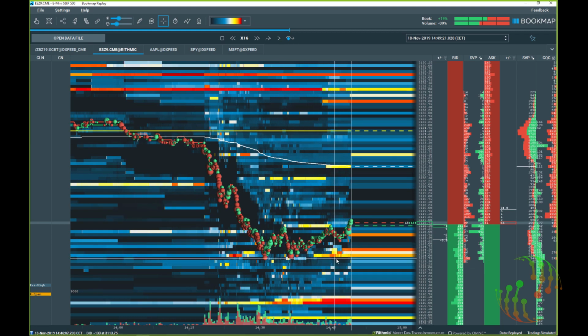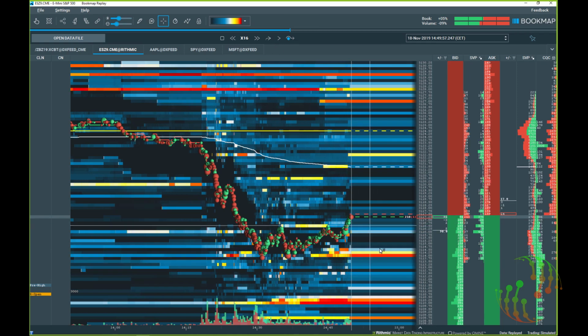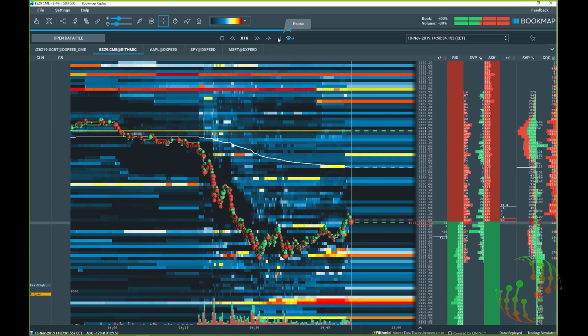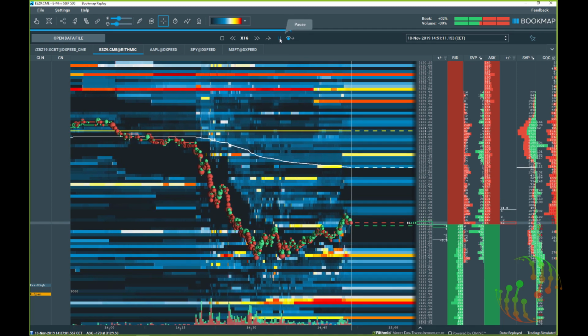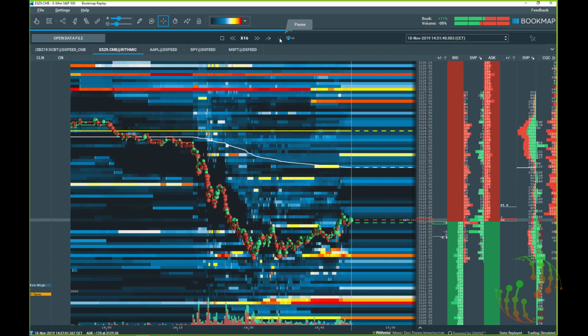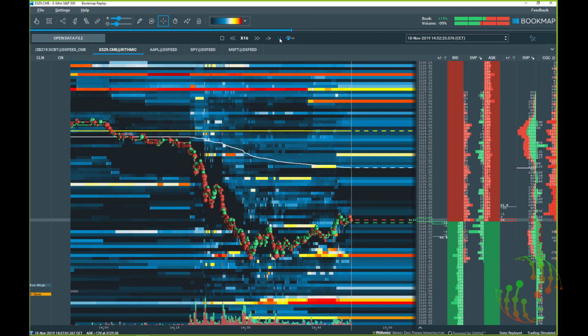You see these small parts of the liquidity here. This small part of the liquidity here. I bet this is also going to be cancelled. I didn't go through these recordings, haven't had the time, so I don't know what happens. But you see these bricks here, these stairs. They're trying to support the move up. Let me jump into the session open, because we will see an absolutely interesting trading day.